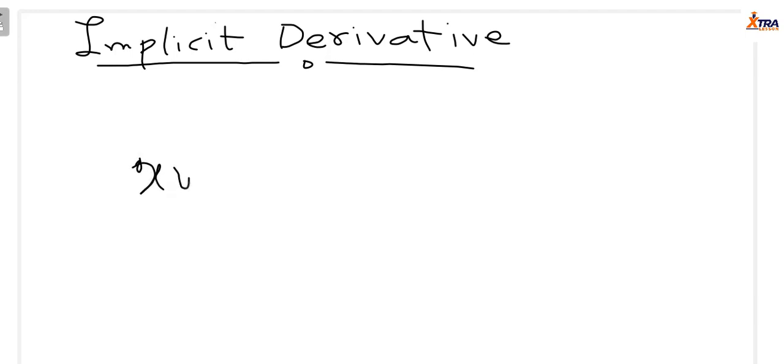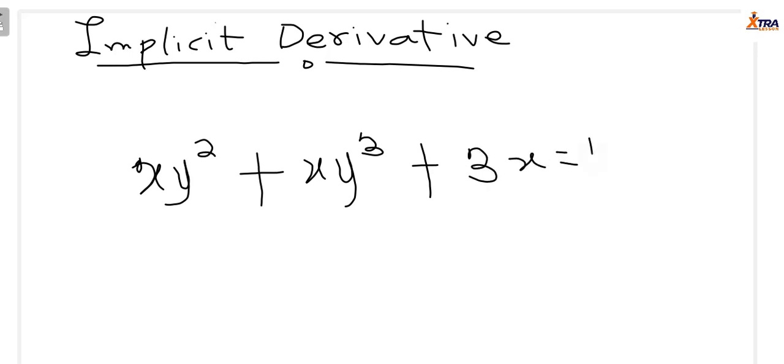we have xy raised to power 2 plus xy raised to power 3 plus 3x equals to 0. Now let's just look at the form of this expression, whereby we are having x and y together,